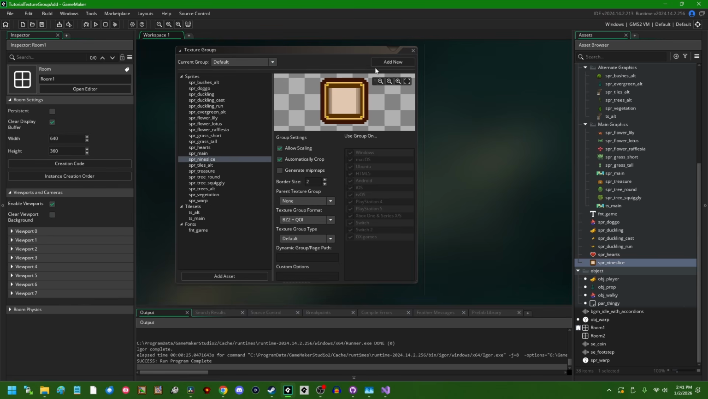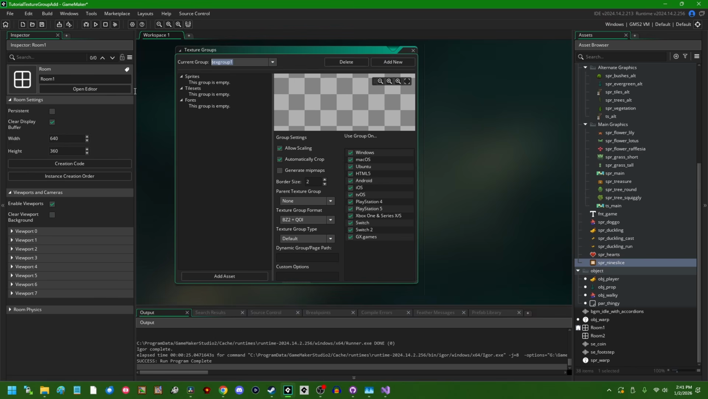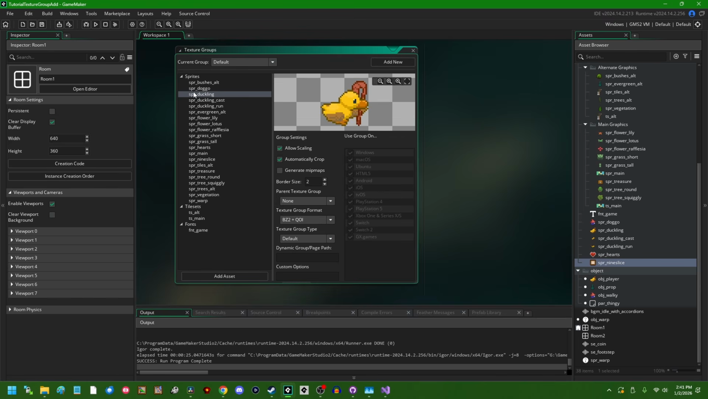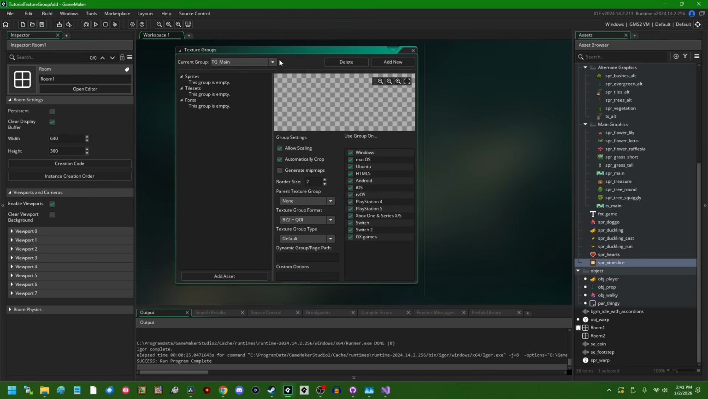So I'm going to create 2 new texture groups. I'm going to say tg_main, and I'm going to create a second texture group, and I'm going to call it tg_alternate. And the default one is going to be the one that GameMaker always has all the time for basically uncategorized sprites and whatnot. tg_main and tg_alternate are going to be what I'm going to sort